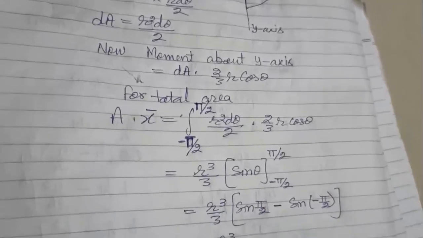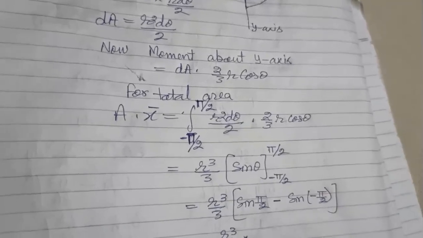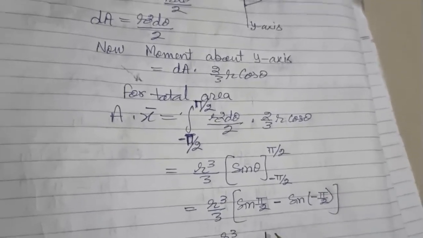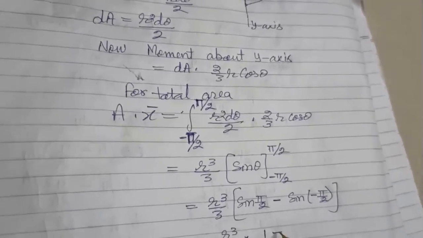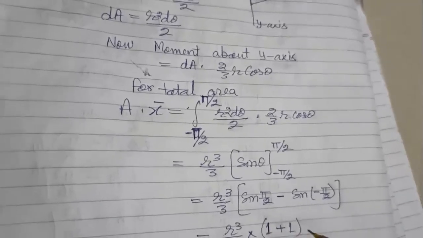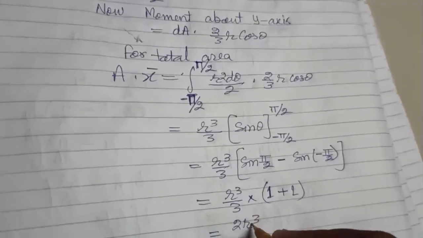So r cube by 3 into 1 plus 1. This will give you 2r cube by 3,